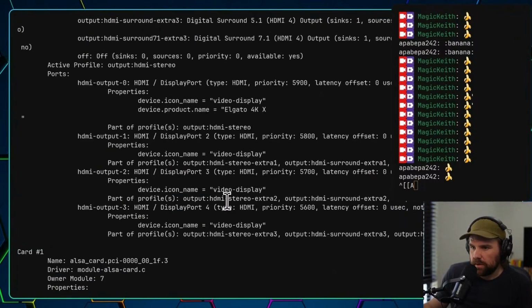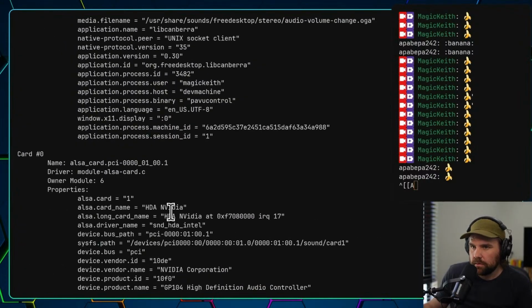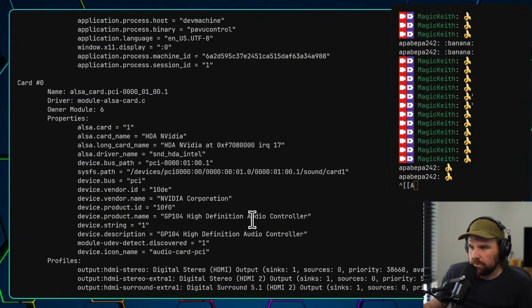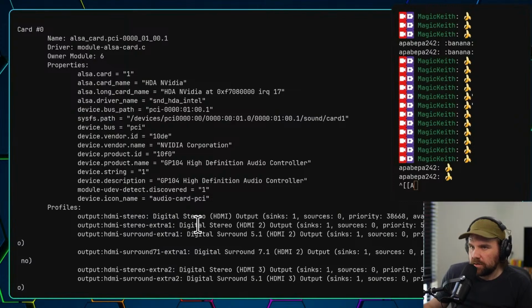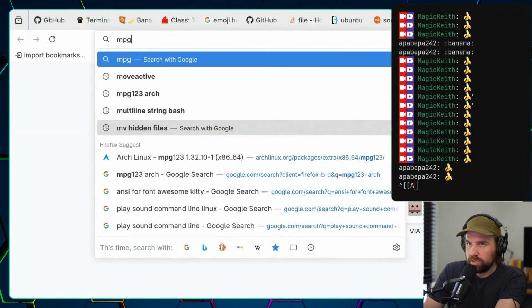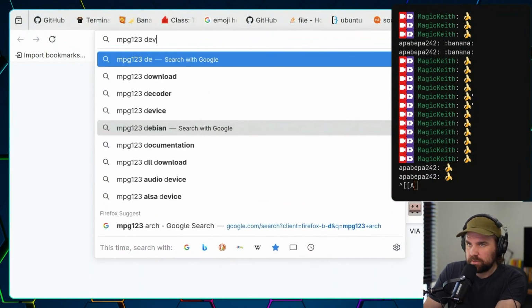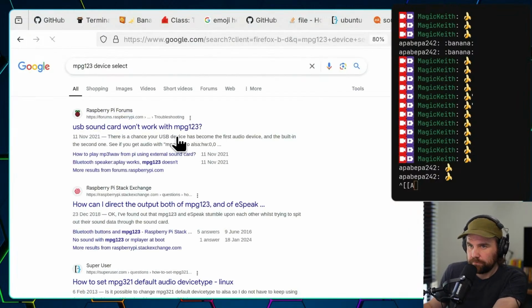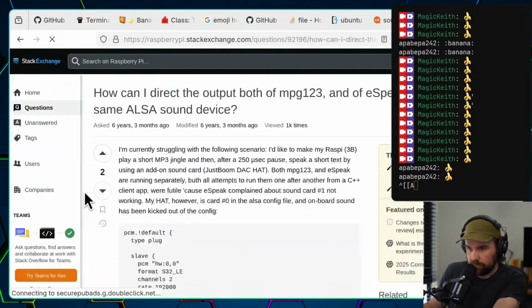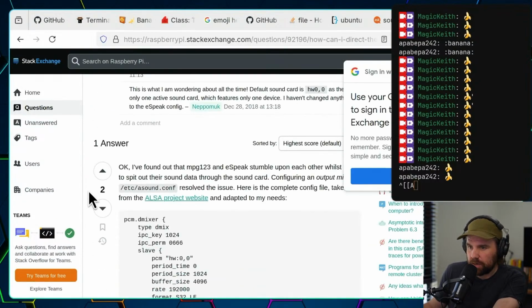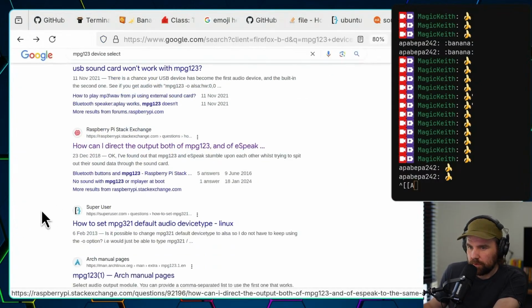Card 1. Oh, here we go. Card 1, Card 0, my NVIDIA. That's what I want, the NVIDIA card thing. All right, let's have a look now. mpg123 device select. Blah, blah, blah. Boring.